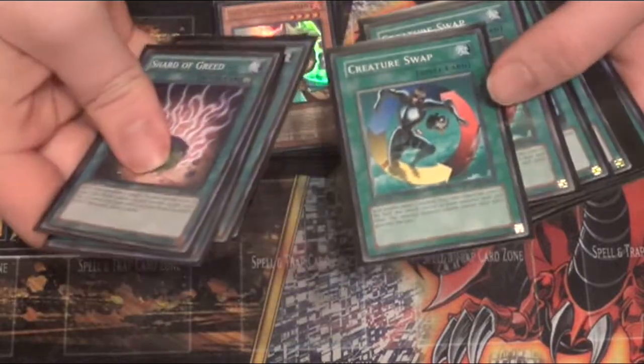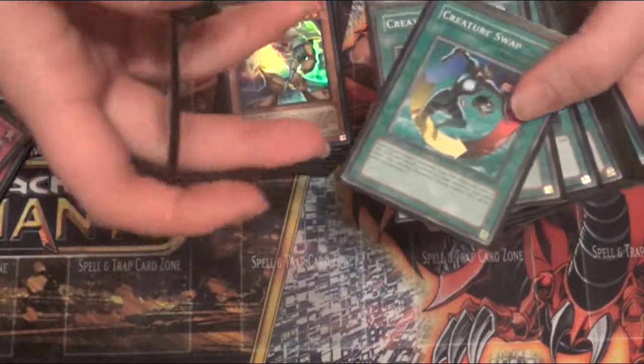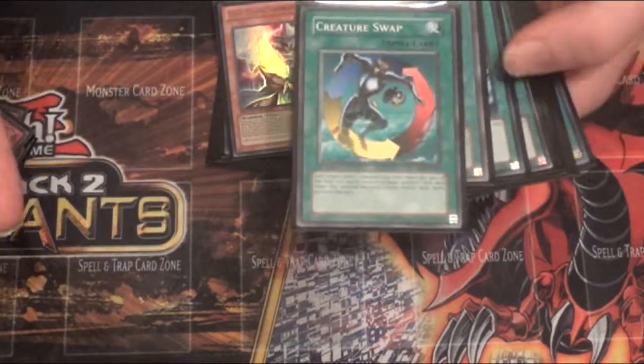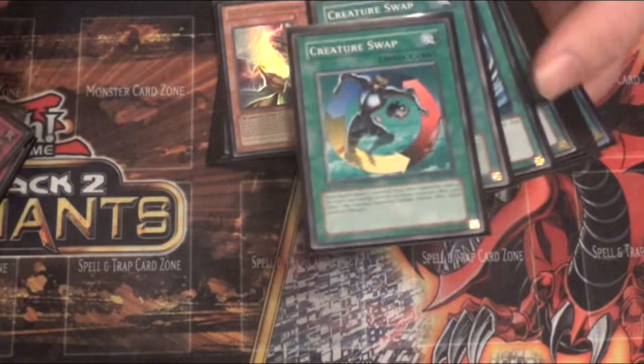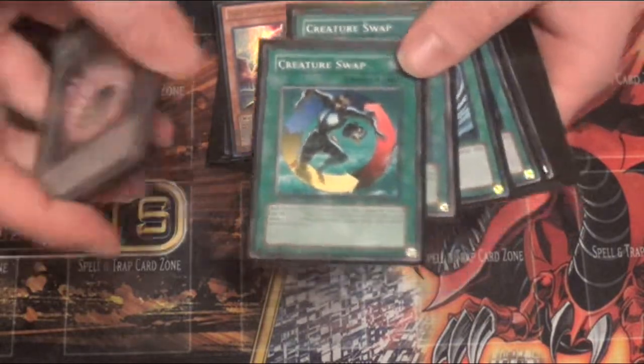Creature Swap, I would like to use with Counterpunch. You summon Counterpunch, Creature Swap it. Basically, any card you get for Counterpunch is going to be a lot better than Counterpunch is. Then you attack Counterpunch, which has 0 attack, and get life point damage easily. When Counterpunch is in the graveyard, you can still use its effect to banish and get an extra 1,000 attack